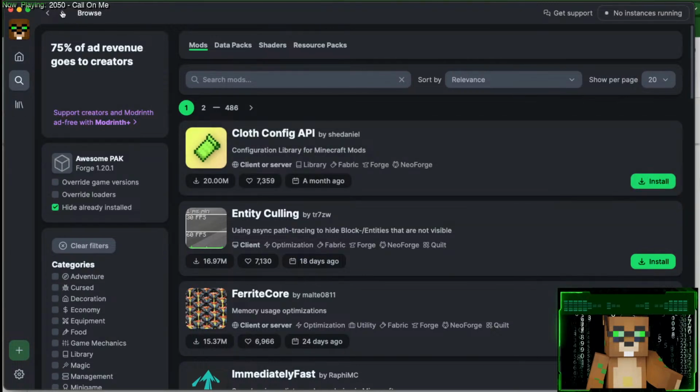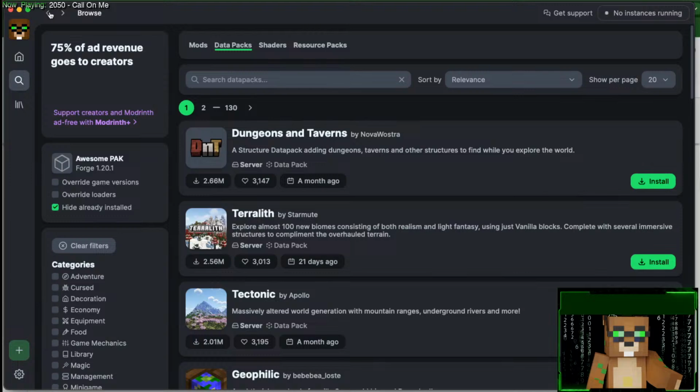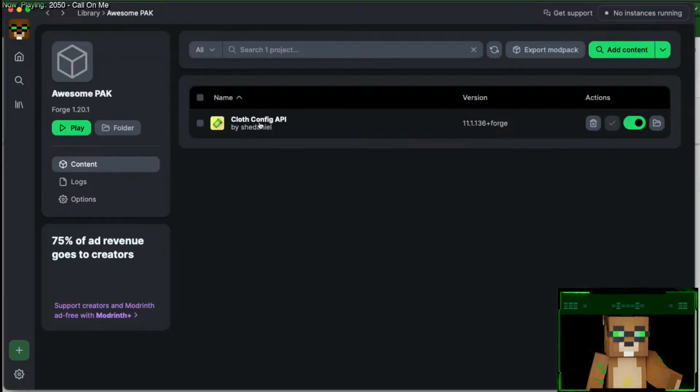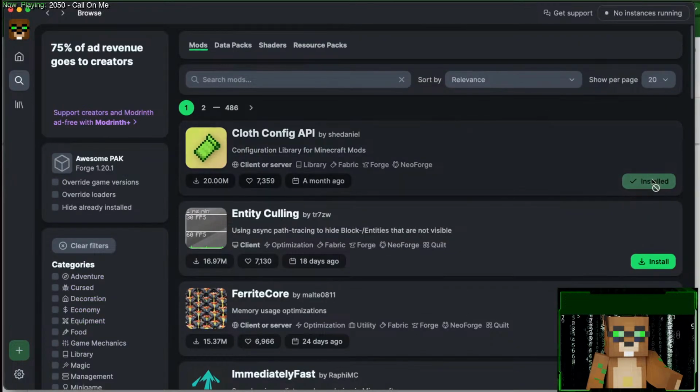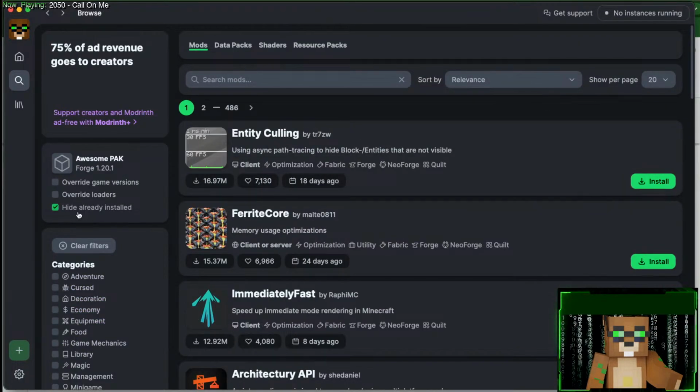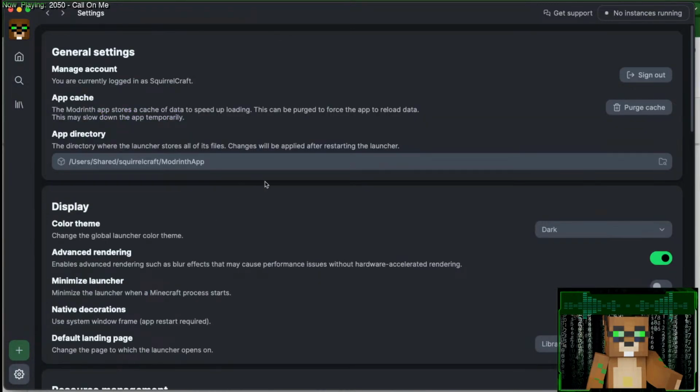If we go back, go all the way back. Yeah, all right. So Cloth Config is installed. Click on add content. It's installed. There it goes. It's almost like they pull this list and this button is not, I don't know. It's just like the list. Obviously it's a bug. And hey, because it's open source software, I believe if you click on this